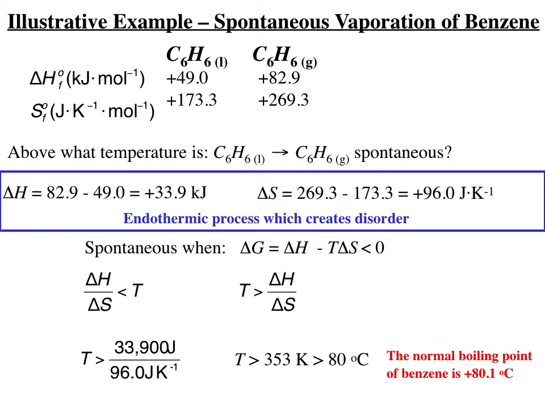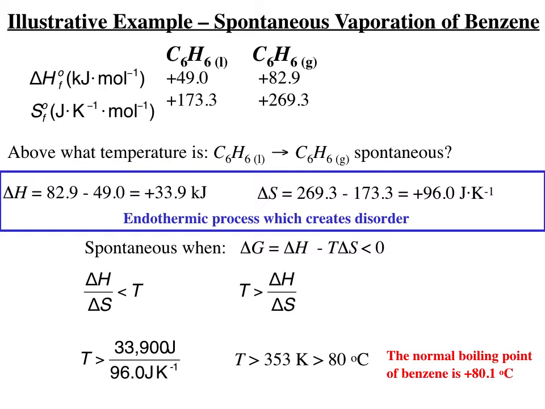I calculate delta H as the products minus the reactants, and I do that for 1 mole. Calculate delta S as products minus reactants, do that for 1 mole, and then I see that this is an endothermic process creating disorder. So can I predict there should be a threshold temperature above which this is spontaneous? So can I predict that? Well, I will take my delta G equals delta H